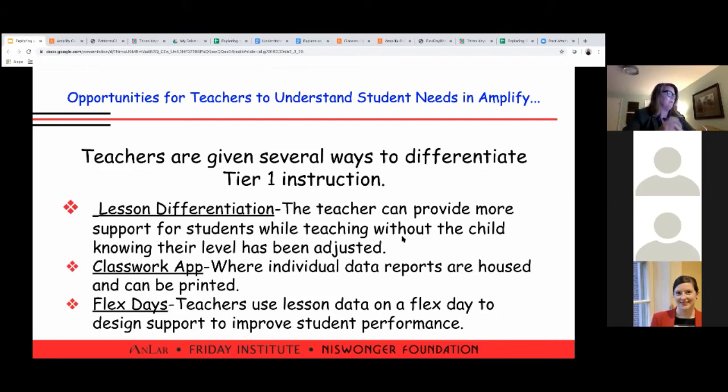I love that. The Classwork app, where individual data reports are housed and can be printed. Leaders, coaches, teachers, whoever's in this session, this is a huge support for your SPED teachers in the building, because here you can print individual portfolios if you're needing present level of performance, like where kids are, what does their work look like, because like I said earlier, this really does house all of their writing for the unit